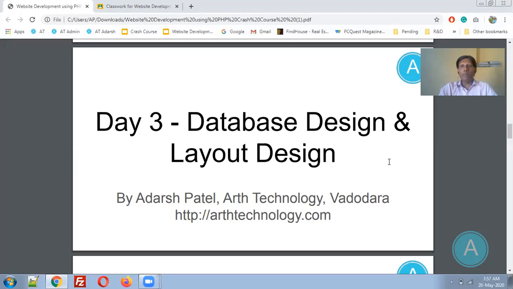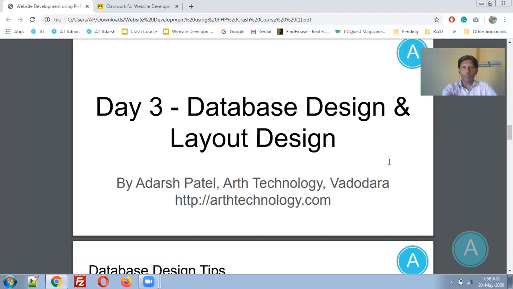That database can be MySQL, SQL Server, Oracle, anywhere. Just the data is in different databases. The only difference is the data types. The remaining structure will be the same. So right now we are focusing on the MySQL database. So let us jump into the database design first.